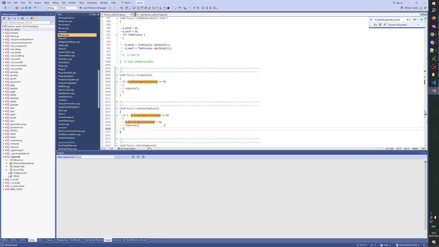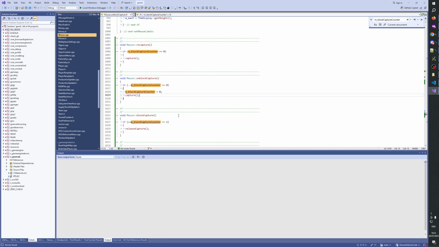So you can call it infinite times unblock. It will work. Yeah. Clamp to 0.